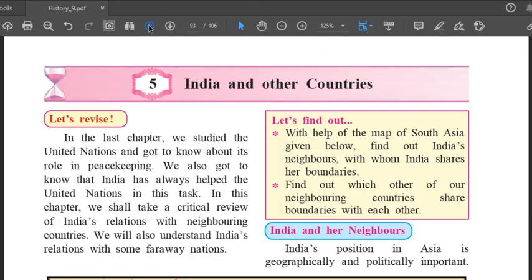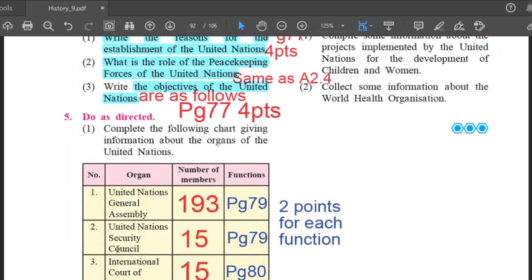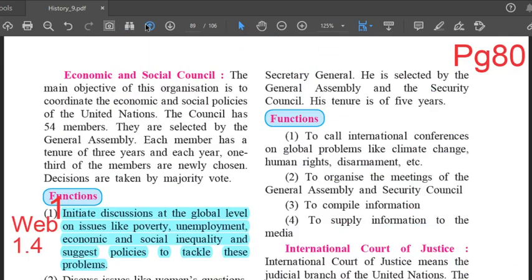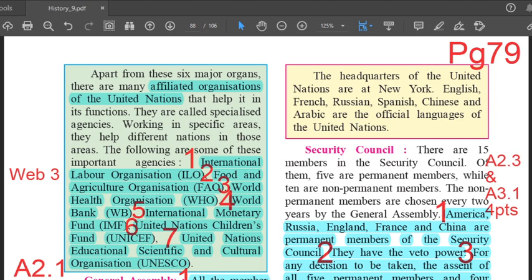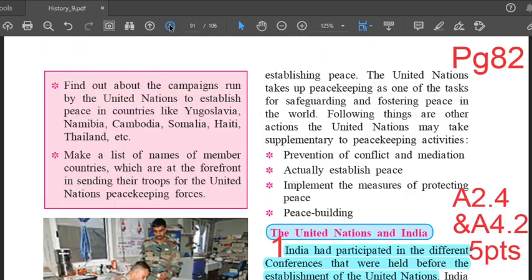Second one in the web is Security Council. United Nations Security Council. Okay. Number of members are 15. Functions are again on page number 79. Right hand side. Last paragraph. Can you see your functions of the Security Council? In that para, see the first point, second line. That's your first point. To maintain international peace and security. And the second function is the second point, to prepare policies for arms control. Till here. The third part of the web,